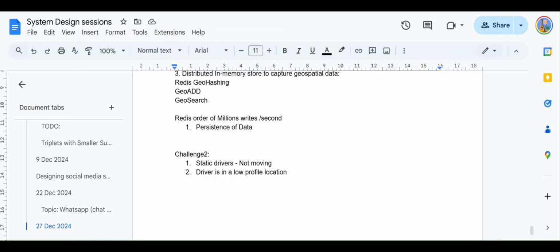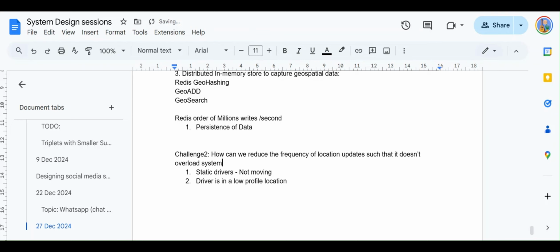So the challenge that we are trying to solve is how we can reduce the frequency of location updates, so that it doesn't overload our system.